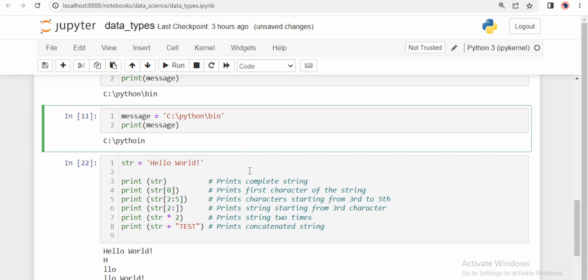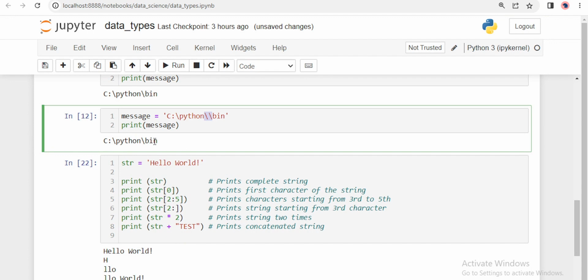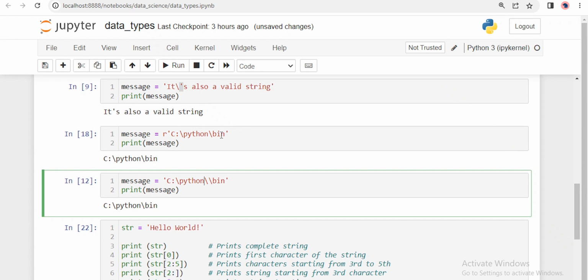You have again an escape sequence. You just put this escape sequence before this slash and you will get the output. See, right? So if you have to print slash inside the string, you will use double slash, and if you want to